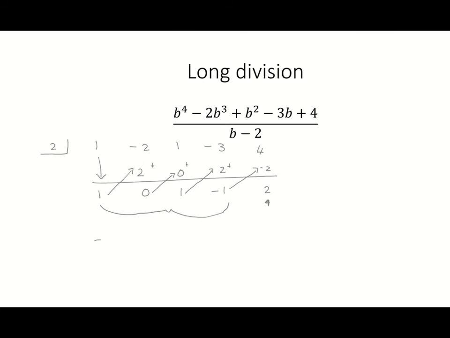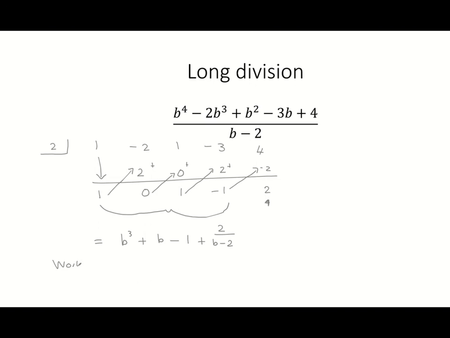So our answer is going to be 1b cubed plus 0b squared, but we don't need to worry about that, plus 1b minus 1 plus 2 over the divisor like that. And it works